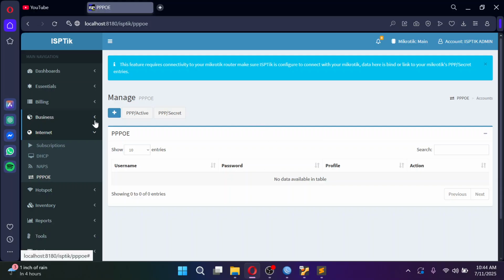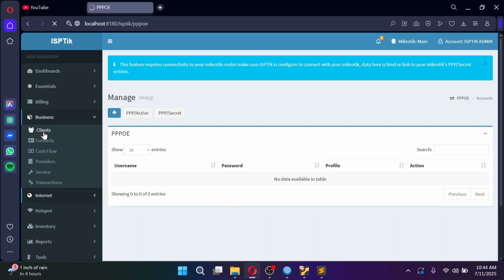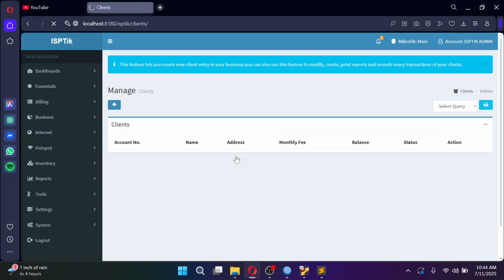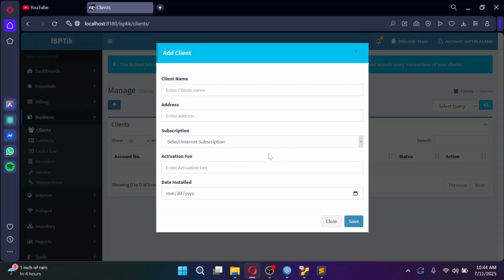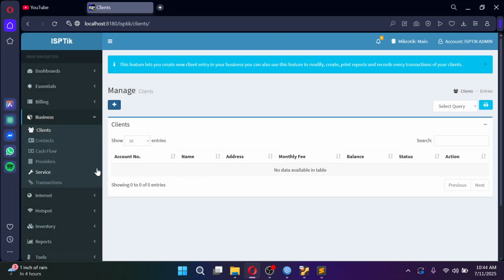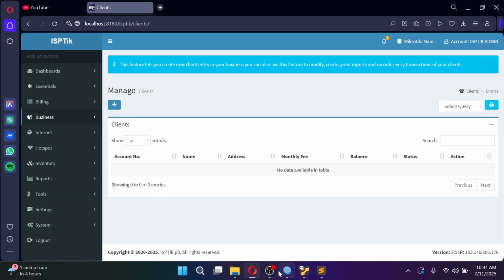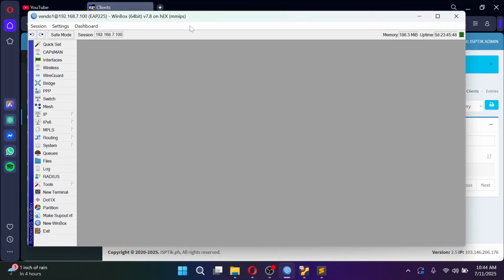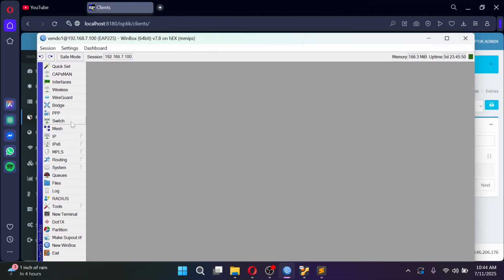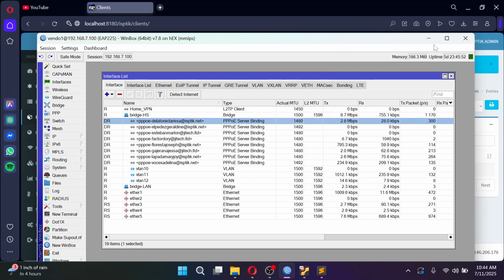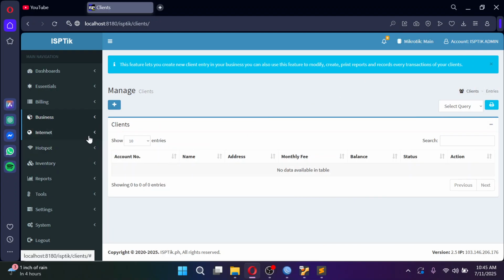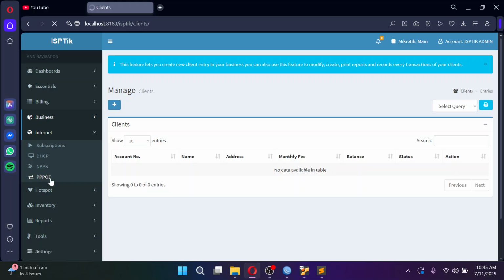Okay, although we can create clients manually by adding it here on the clients section. But since we have already clients from our MikroTik, which is this one, we'll now try to implement the one-click import.